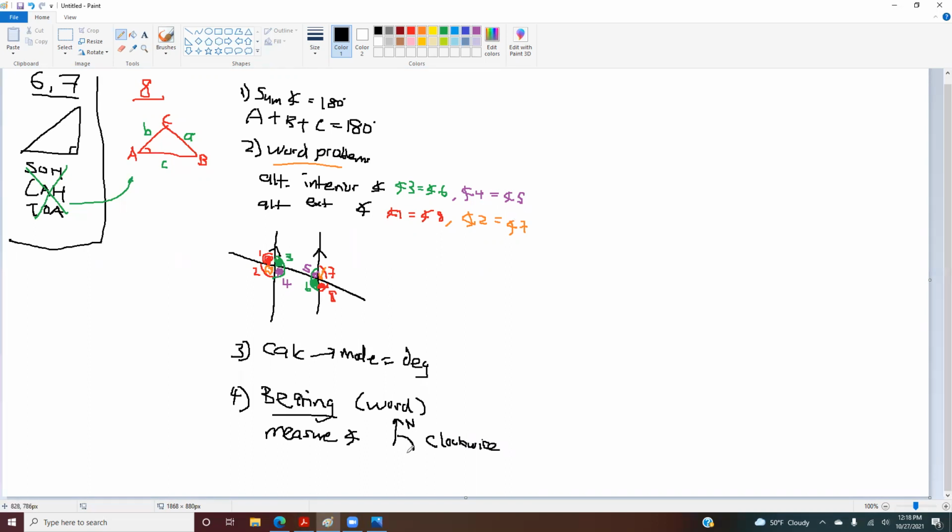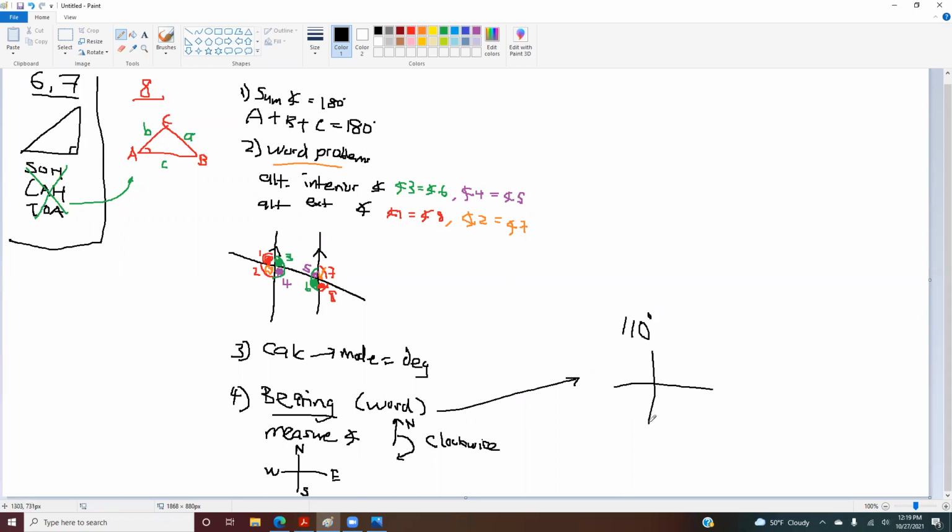Okay, it goes clockwise. When you do bearing, the bearing we're talking about here is based on north, south, east, west. So make sure you know north is top, south is the bottom, east is on the right, west is on the left. And if I ask what is the bearing of 110 degrees,